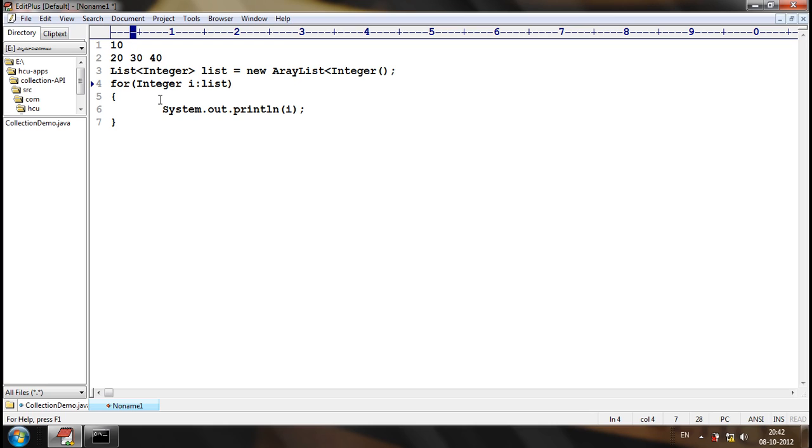Some interviewers as well as written tests will ask this kind of question. The for each keyword doesn't exist in Java.